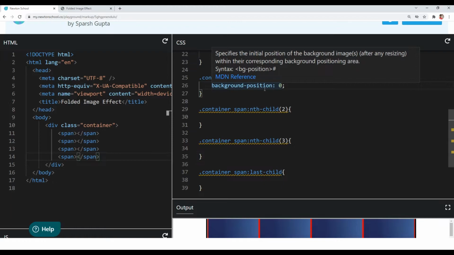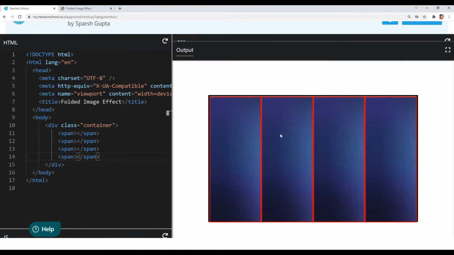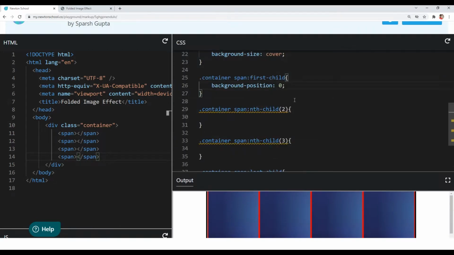Okay, so understand this point. Let's see how to give them background position so that they combinedly look like a single image. The very first element is starting from 0, so we have given background position of 0. Now our second element is starting from 25% of the width of our container.